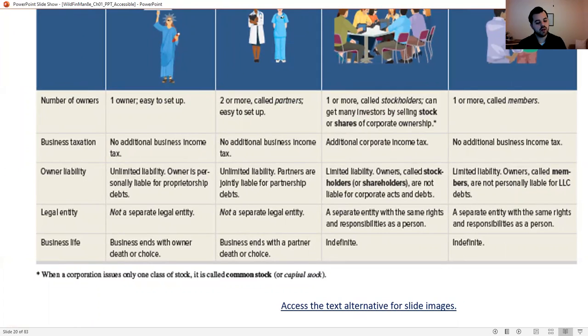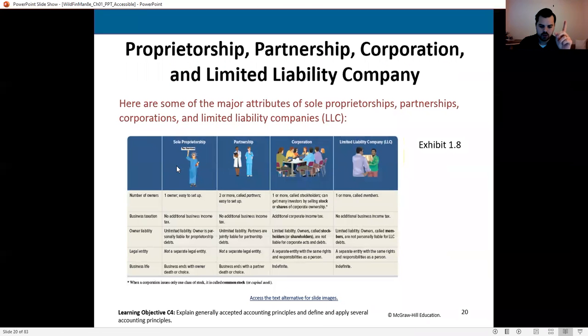Now, once again, no separate legal entity here, and the business will end either when the partners decide to end it or with the death of a partner. Now, let me ask you, what happens? You and your buddy go into business, right? Tragically, one of you dies in a car accident. There is now one owner of the organization. Do you still have a partnership?